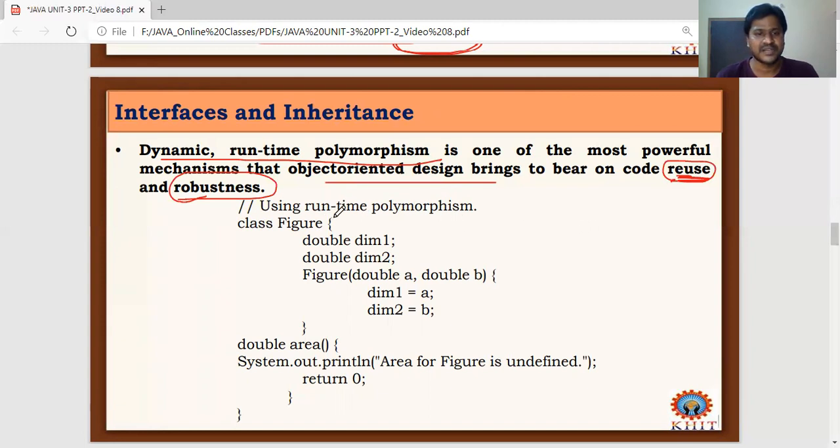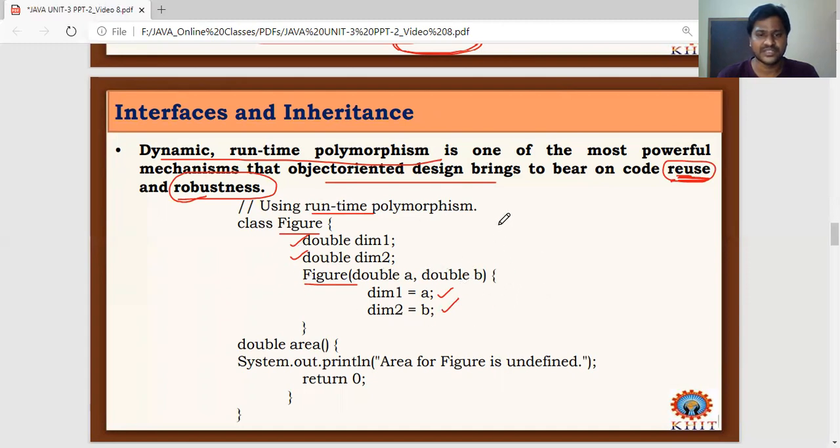Got it? To understand this runtime polymorphism, here is one simple example. The class name is Figure, and this class has two instance variables, dimension 1 and dimension 2, and one constructor for initializing these dimension values with the parameter values passed when an object is created for the class Figure.